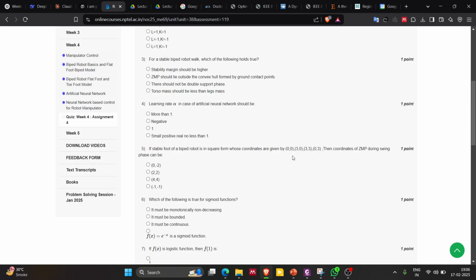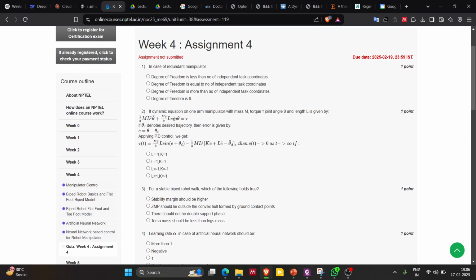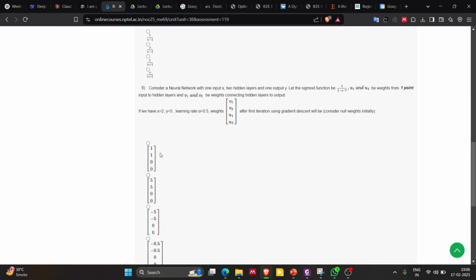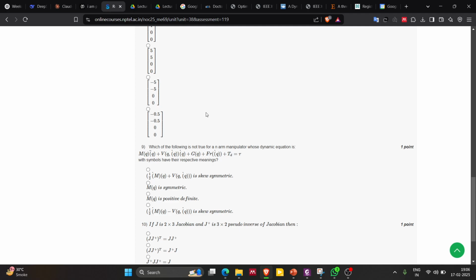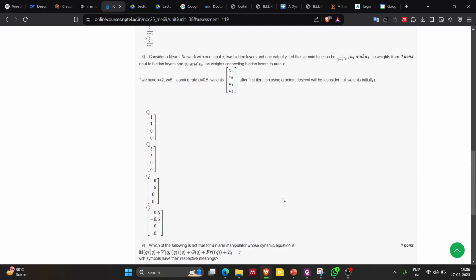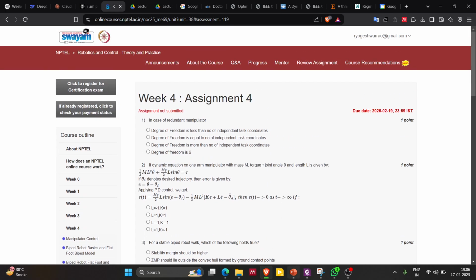For this problem, you need to draw the box, draw that square, and see if the given points are lying inside or not. These are straightforward. Most of the problems are straightforward only, but I think this kind of problem can come in your final exam. So I will solve one problem, not the same one, but a similar one. And I think we'll start the